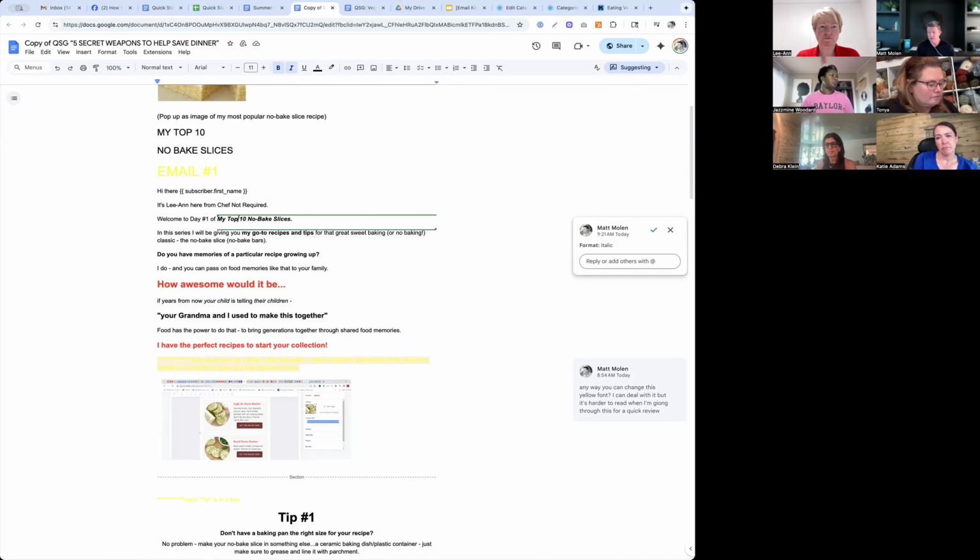How many are too many? Well, you can overdo it, but there's no science here. I do recipe emails that have 10 in them. Now, I'm not saying that you have to. You're going to get a drop off, of course, as they skim through it. But the more choices you have, the more possible links get clicked on. It's also not confusing them or taking them away from the main problem that you're solving. At least with food, it's that simple. It's like, do you want to make this? Do you want to make this? These are all great ways to do it.